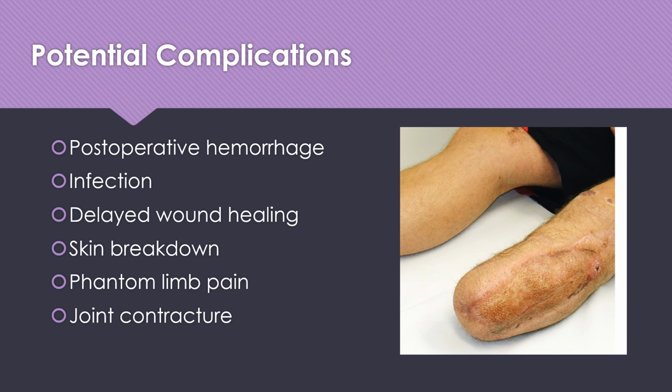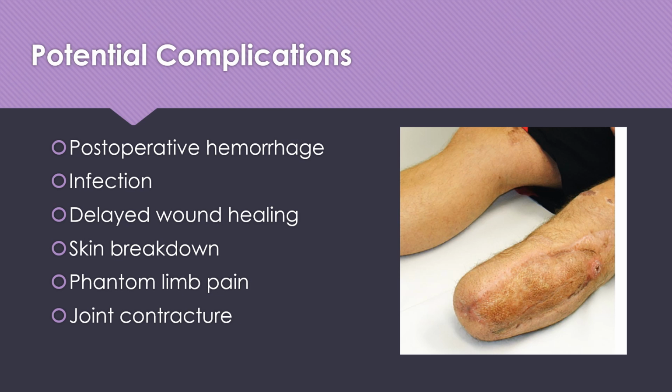We've already mentioned phantom limb pain, and because the amputation may cause decreased mobility to the affected limb, the person may not use the limb enough and the joint can contract or have permanent tightening of the muscles and tendons that aren't getting used. This is why PT and OT is so important when the patient is able to start